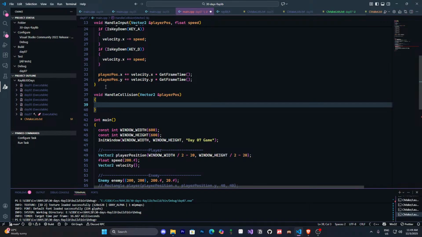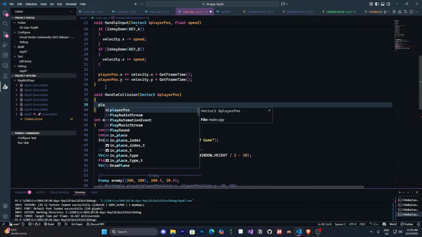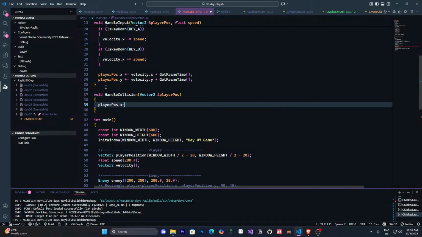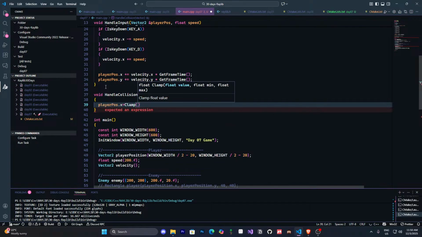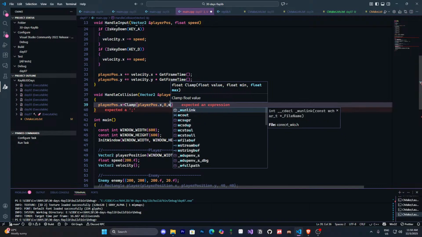Now I'm going to do player position dot x equals clamp. Clamp is basically to clamp the value. As you can see, the value I'm going to pass, it will clamp between the minimum and maximum. So I'm going to clamp player position dot x, and the minimum should be 0 and the maximum should be